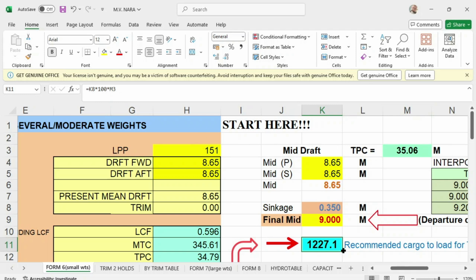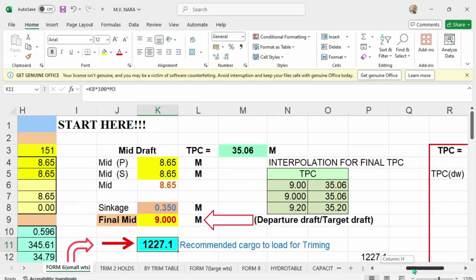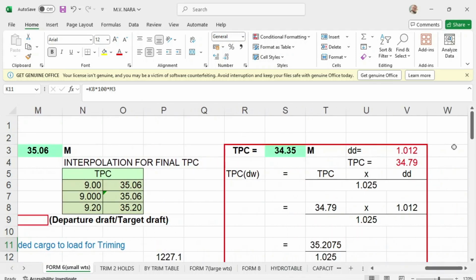To get the value of the remaining cargo to load is your sinkage, which is 35 centimeters, times 100, which is constant, times your TPC of 35.06. Then you will get this figure. Okay. Now let's stop from this.